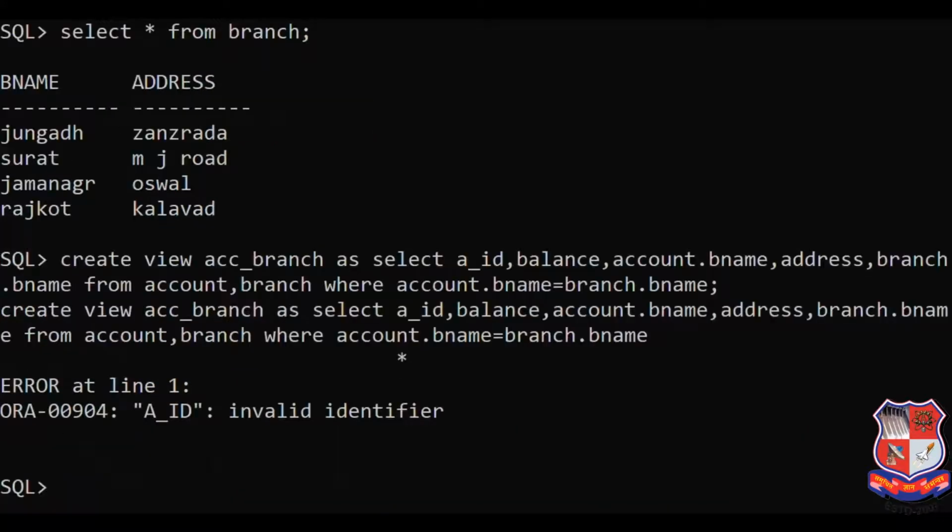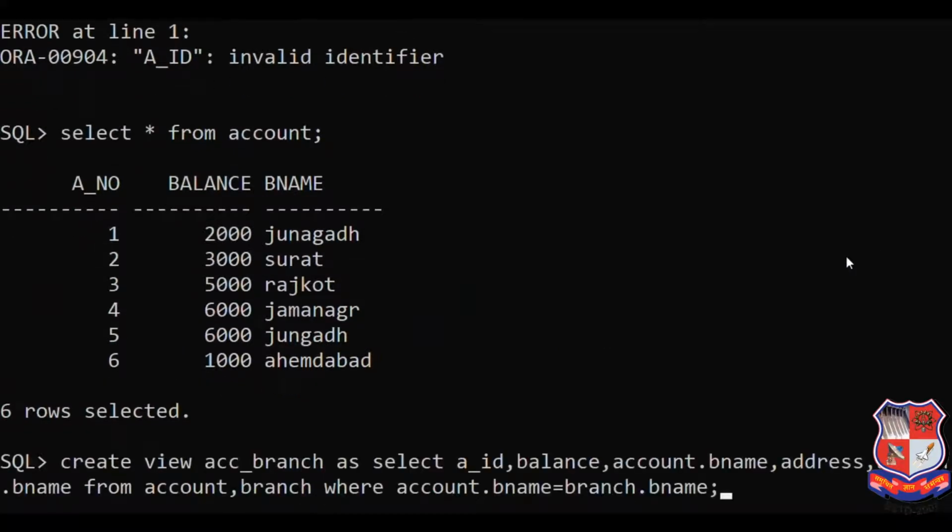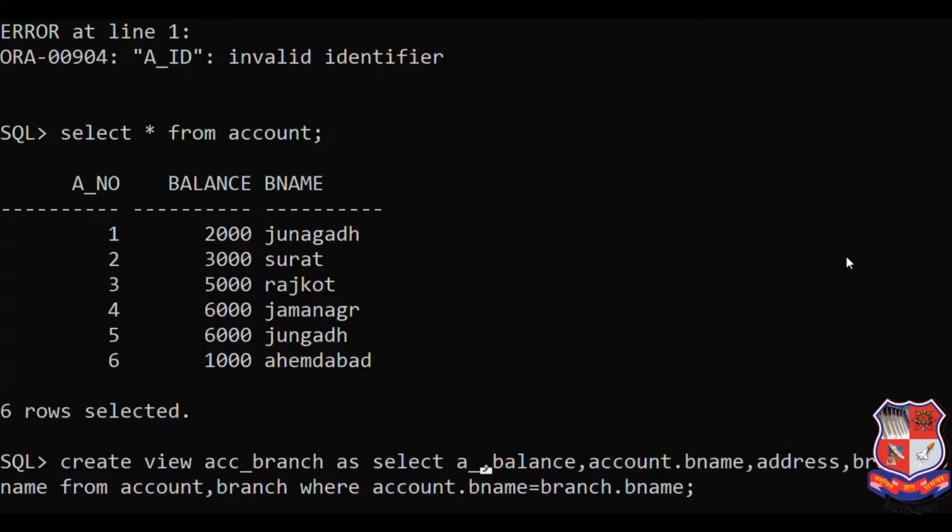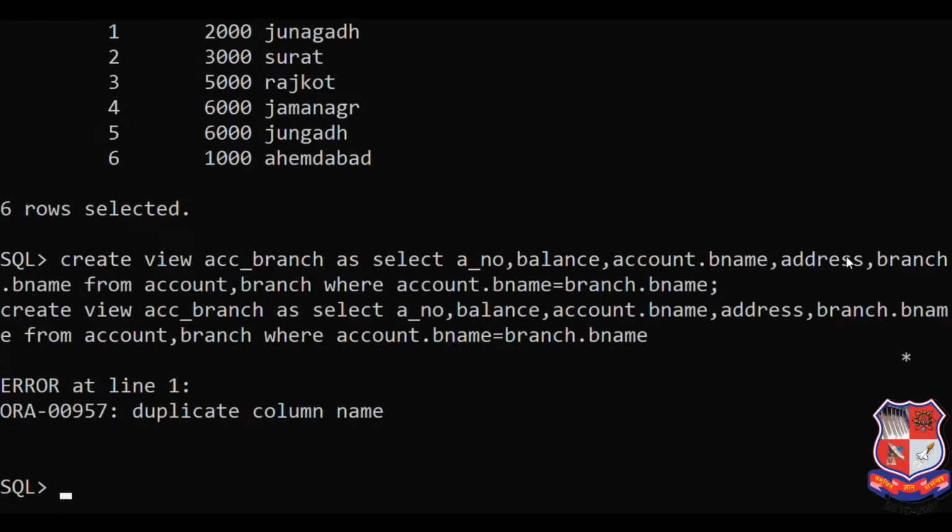Enter. In our table, is there not an A underscore ID? Is there an A underscore number? Run it again. Sorry, A underscore number instead of A underscore ID. Enter.